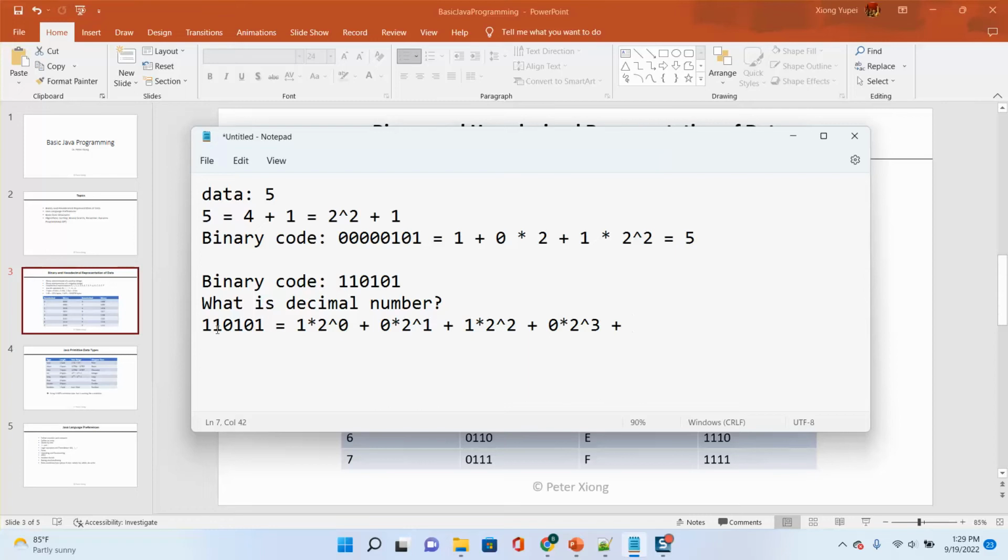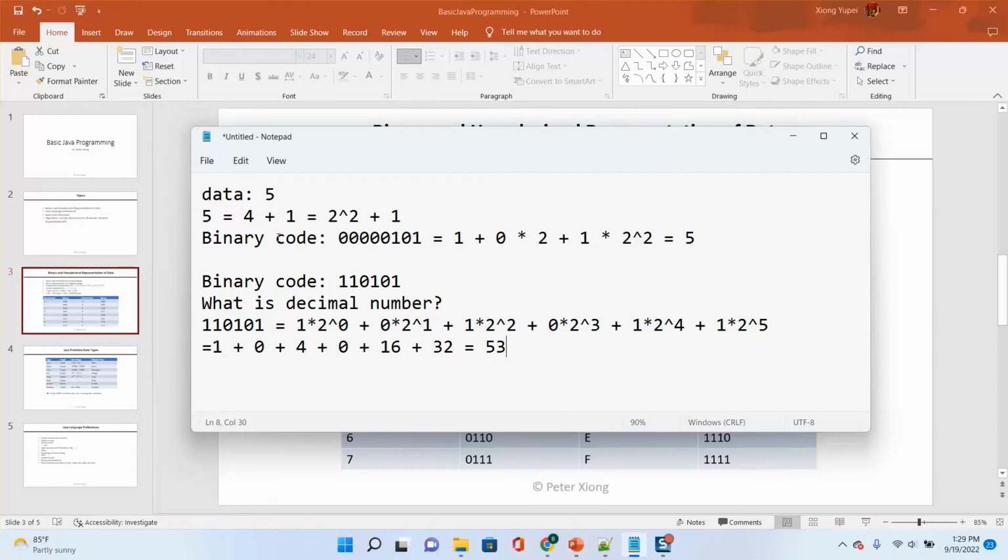Right? This is 0. Then this one is 1 times 1 times 2 to the fourth power. And then another one, the first one is 1 times 2 to the fifth power, which is 1. The second one is 0. Then it's 4. Then it's 0. Then it's 16. Then it's 32. So the whole number is 48, 52, 53. This is 53. So you can translate it from a binary code to a decimal code, or you can go from